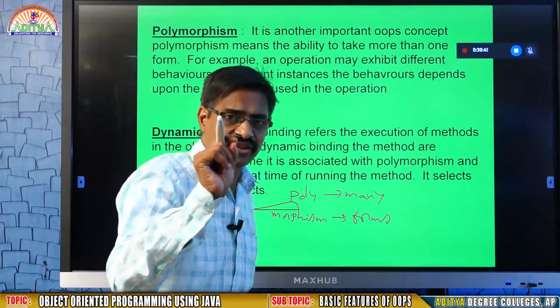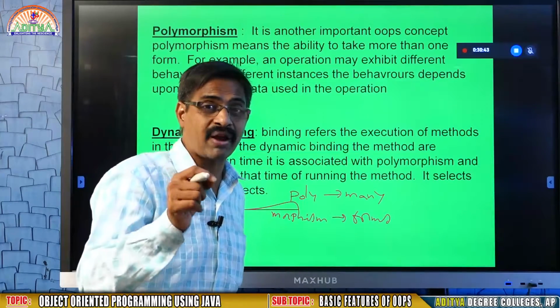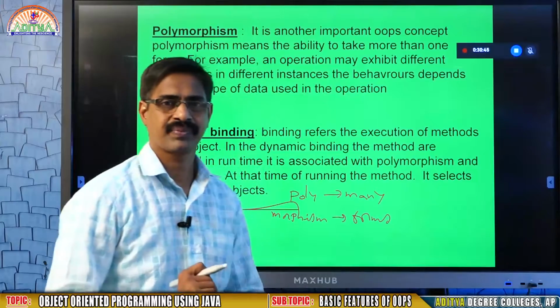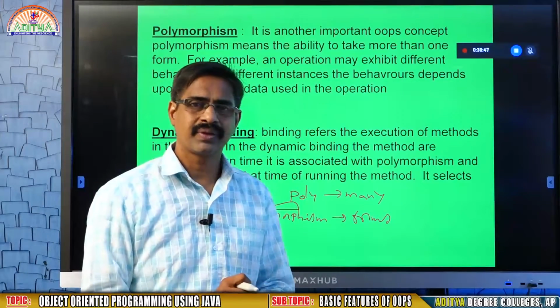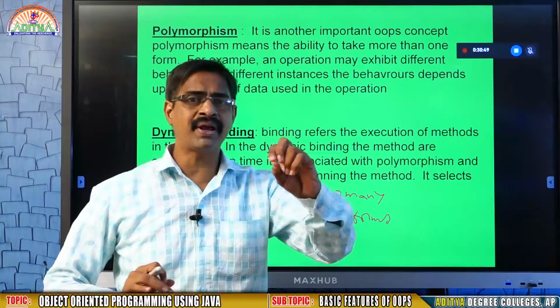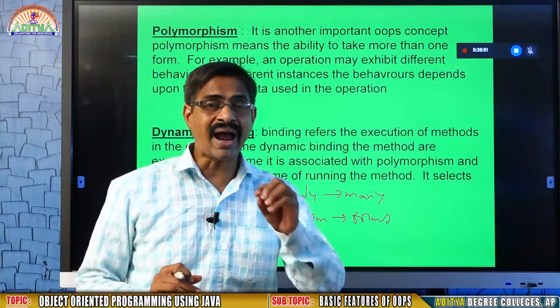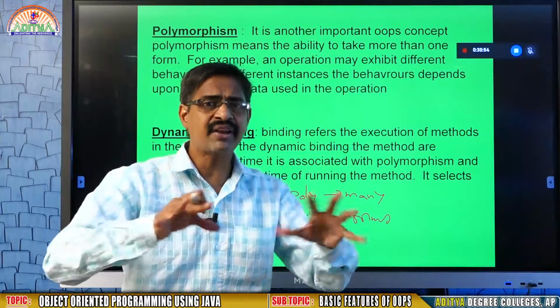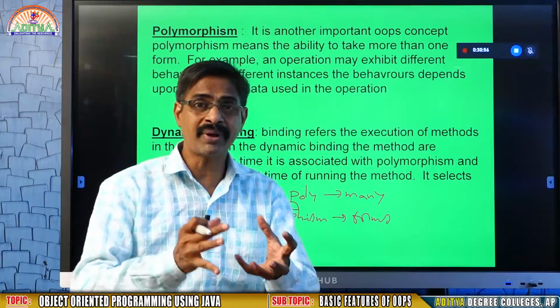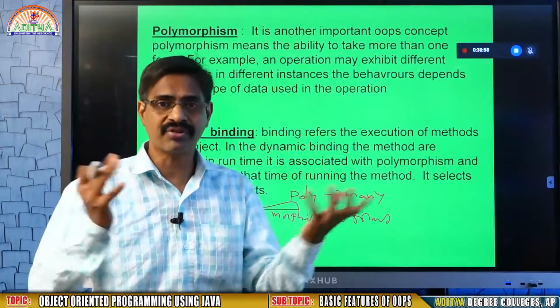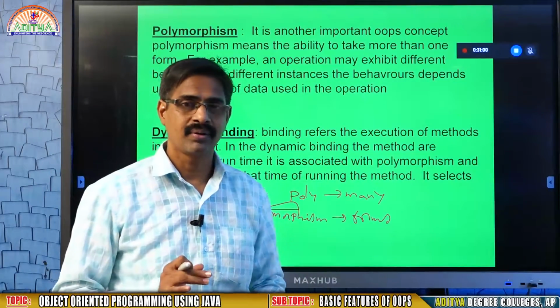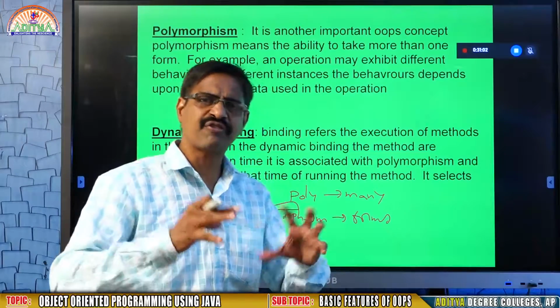A single task, a single operation, that we can perform in different methods. Now take an example. I want to find the biggest number among 3 numbers. We can write this program in different methods, many forms. Remember, finding the biggest number among 3 numbers can be done using different methods.